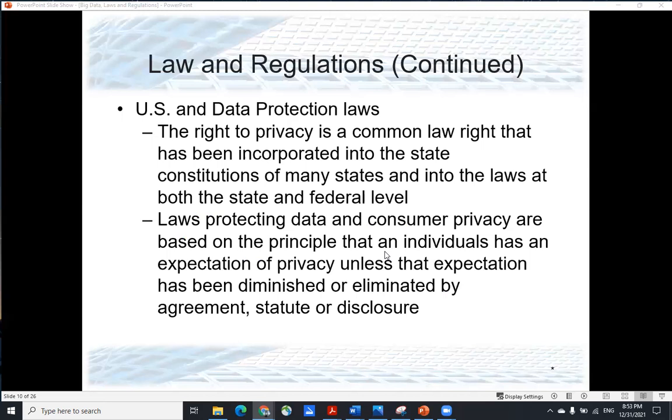In the U.S., the right to privacy is a common law right that has been incorporated into the state constitutions of many of the states and into laws at both the state and the federal level. The laws protecting data and consumer privacy are based on the principle that an individual has an expectation of privacy unless that expectation has been diminished or eliminated